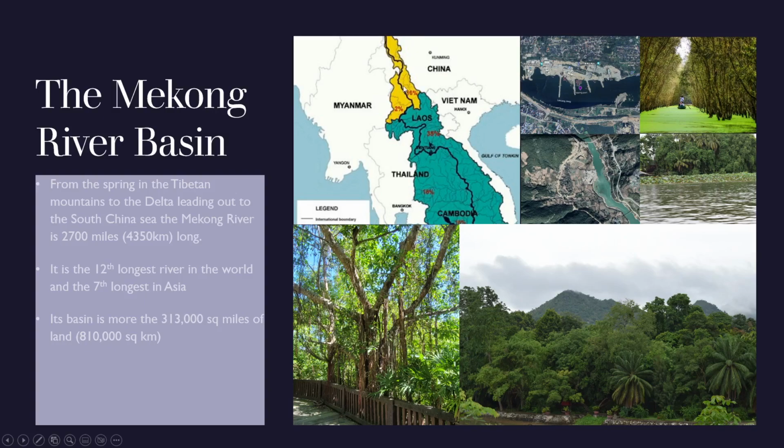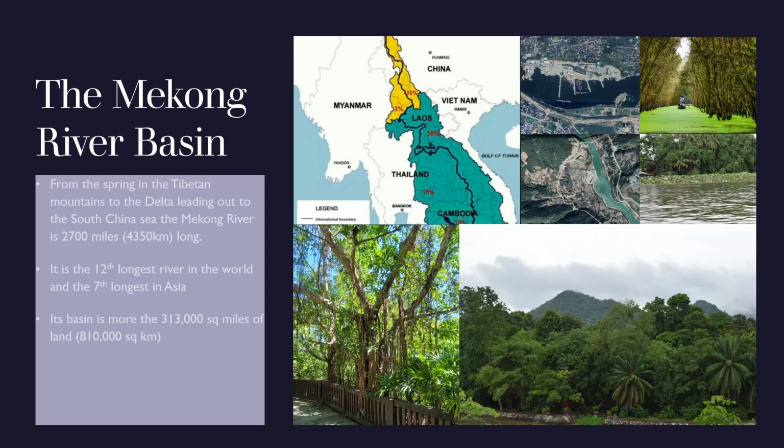Up here you can see the yellow portions are not as high, not as green. That is a result of the land that it is on. Like I had said, I believe it was the metamorphic rock that is in this upper part. It's very hard, very dense. The water's not really absorbing into it, it's just flowing through it, coming down to the lower portions, and then it is expanding massively. So from the spring here up at the top in Tibet, in the Tibetan plateau,